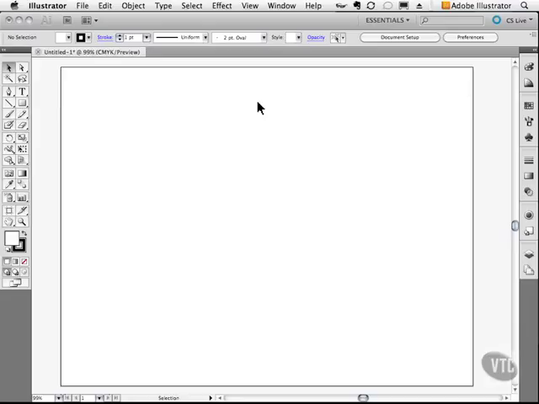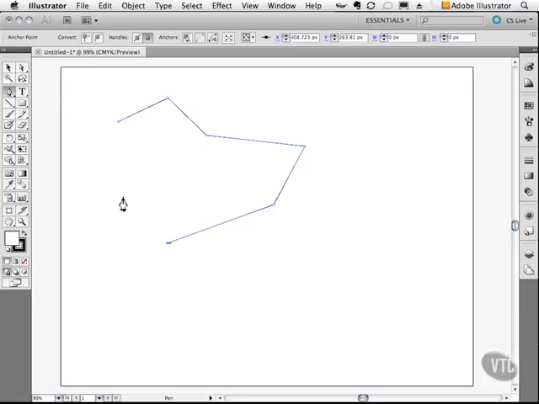One of my favorite things to do with type in Illustrator is to change it from being type and turning it into something called outlines. Outlines are like vector art that you create yourself by using one of the tools here. So what you have here when you use the pen tool is you have outlines, you have vector artwork. And when you create text with the regular type tool and you type something,